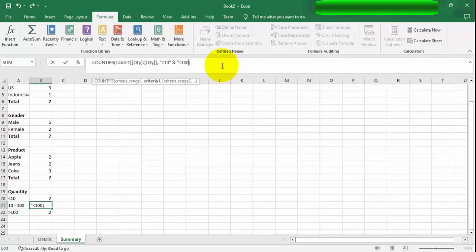Less than 100, because over here this one we will put this. So from here I think we need to copy like this. The second criteria will be